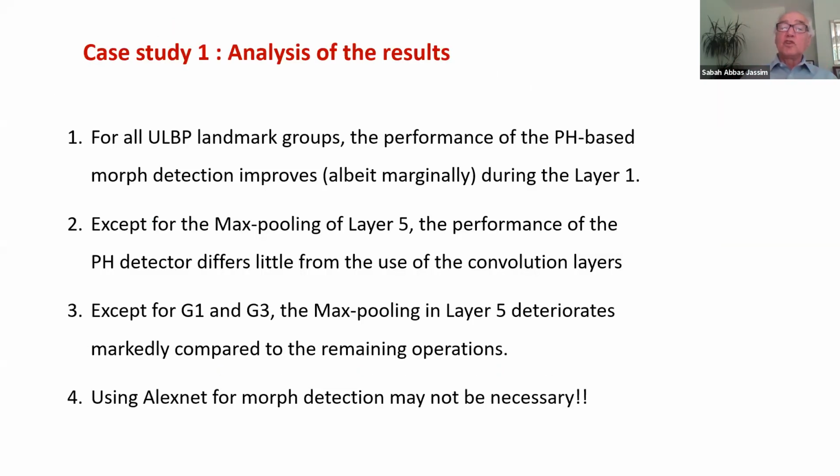So for all ULBP landmark groups, the performance of the pH-based morph detector improves, albeit very marginally, during layer one. Except for the max pooling of layer 5, somehow the performance